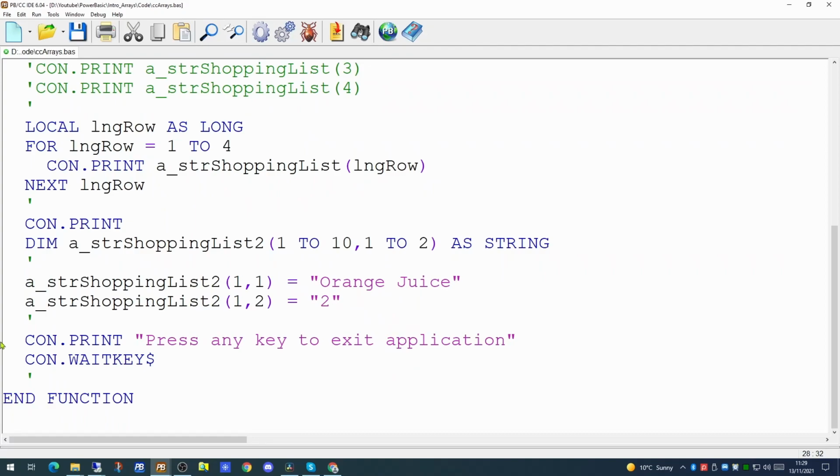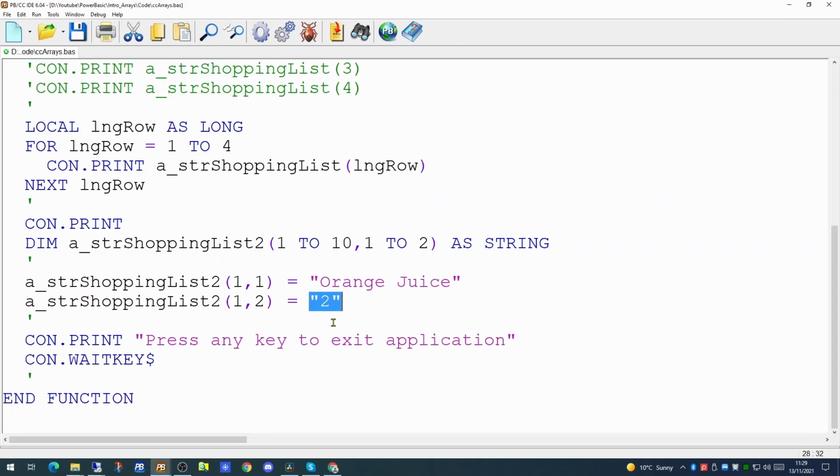So now we are populating our array, shopping list 2, row 1, column 1, with the value of orange juice. And we're populating the same array, row 1, column 2, with the value 2. Now we're putting this in as a string, a piece of text, not as a number.